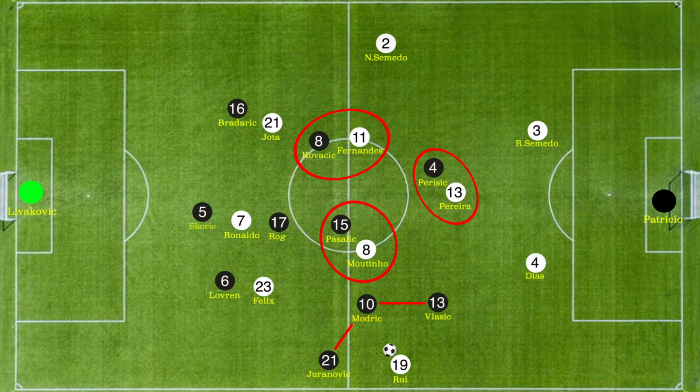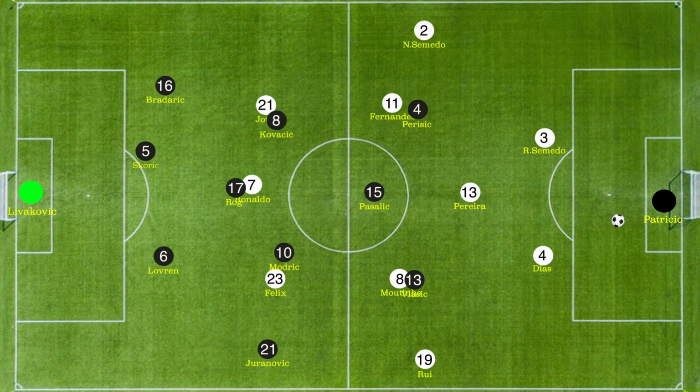As we see in the illustration, 3 Croatian players quickly surround Mario Rui as he receives the ball, and also each of the players in the midfield is man marked by 1 Croatian player. This forces Mario Rui to play the ball back to his centre back as he has no possible option for a pass in the midfield or in the attack.